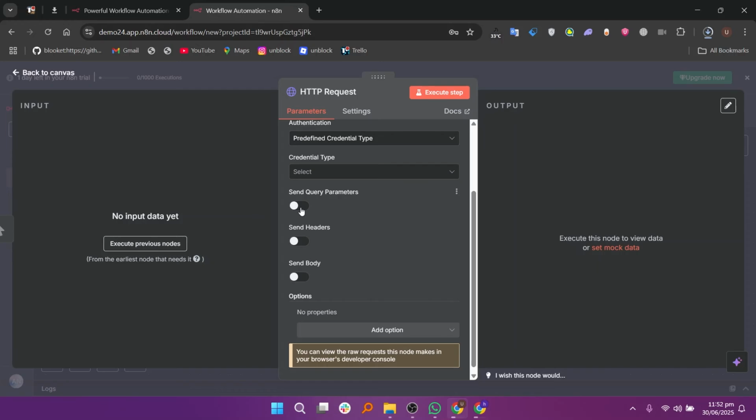You can also toggle on or off the option to send query parameters, headers, or a body depending on what Apify requires for the specific request. Once everything is filled out, click on Execute Step to run the request and test your connection with